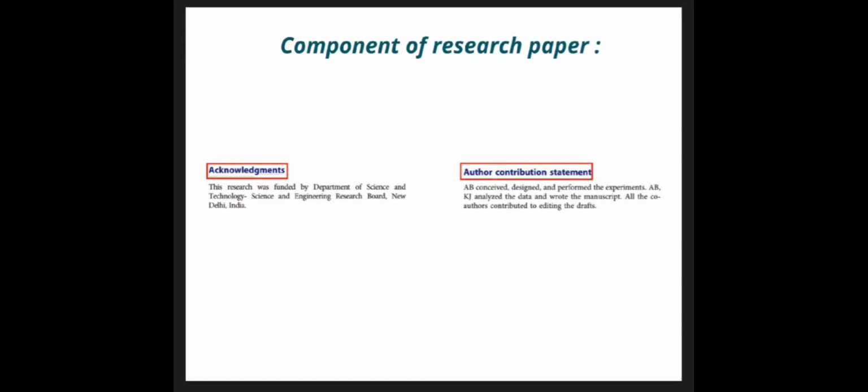The next section is the reference. All the papers referred to by the research article, which are mentioned in the introduction, method or description in the citation, and details of those papers are provided in the reference section.